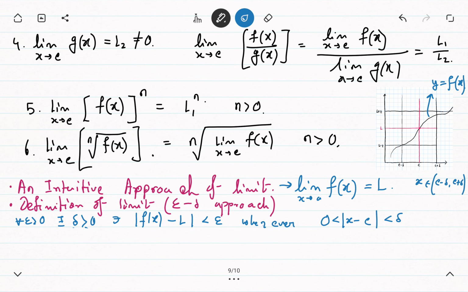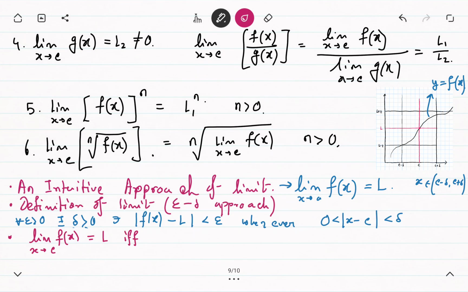The theorem was something like this, so let me write it. The limit of this function as x approaches c is L if